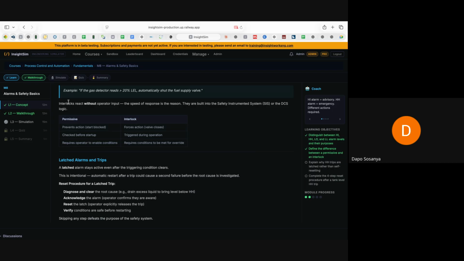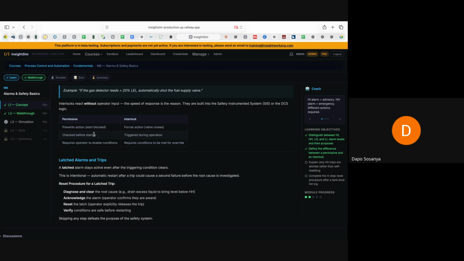Okay, interlock, right? When you tie some conditions together, if certain conditions are met, you trigger the interlock. A permissive prevents action, start blocked. An interlock forces action. If a condition is met, something occurs, for example, a valve closes. A permissive is checked before startup,